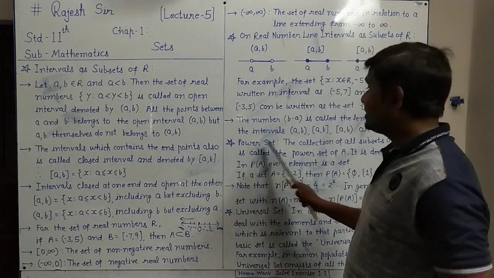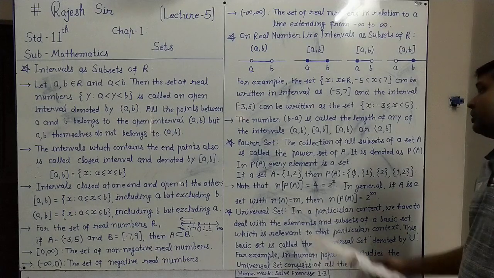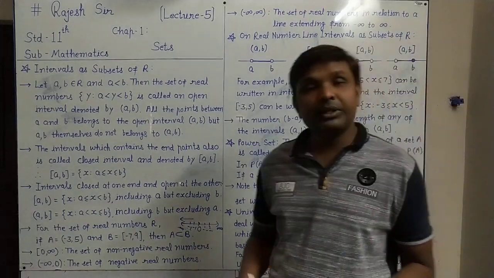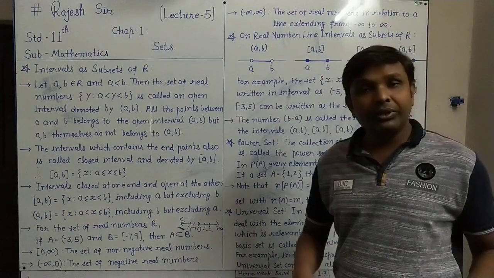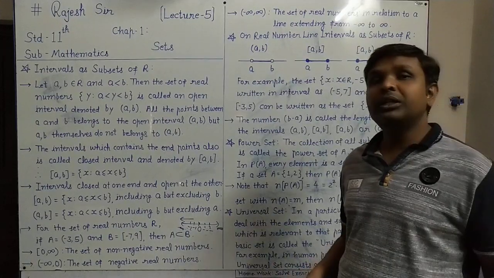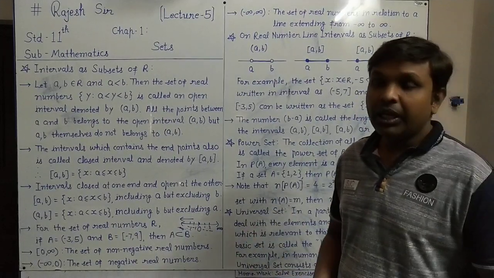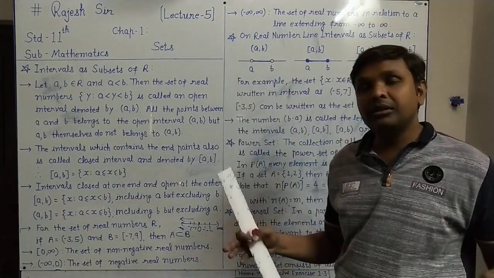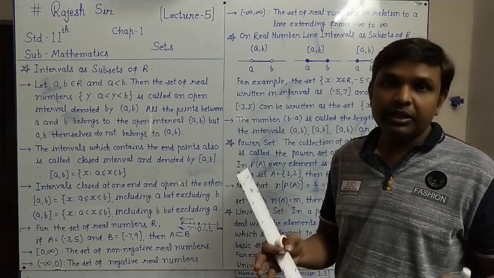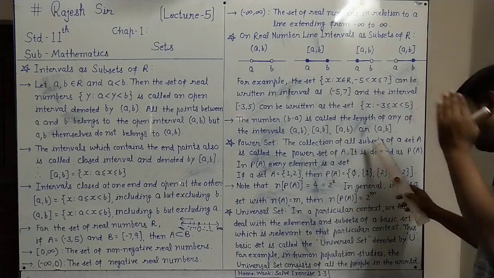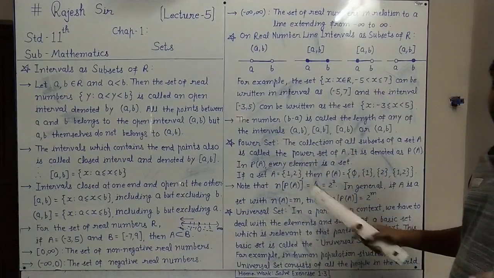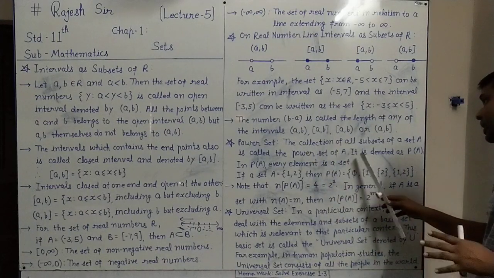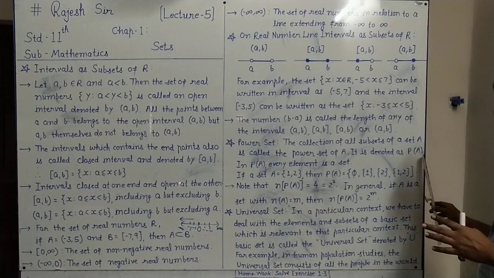Okay, next is power set. Next definition: it is the collection of all the subsets of a set. If any set is given as A, you can first find all its subsets. You know from earlier classes how to find the subsets. Now if you make a big set of all these subsets, containing them as elements, then that big set, which is the collection of all the subsets of set A, is called the power set of A. It is denoted by P(A), that is, power set of A.